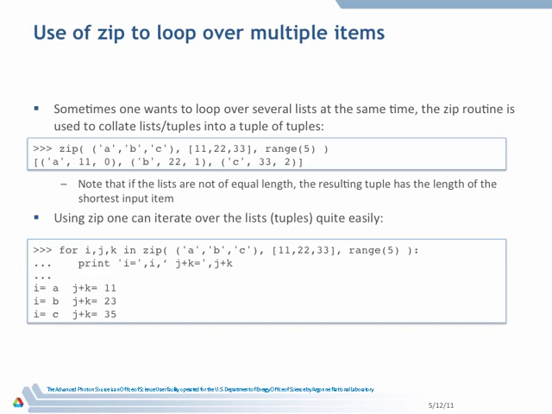If you want to do a loop over something more complicated, like a couple sets of lists or tuples, if I want to loop over A, B, and C and simultaneously over 11, 22, 23, and while at the same time maybe get some counting numbers in there, I can use this zip statement. But notice one thing. This is length 3, this is length 3, that's length 5. I only get something according to the shortest input list or tuple, and I get back a 3-element list, and it contains the first element from this, and this, then the second element from this, and then the third element